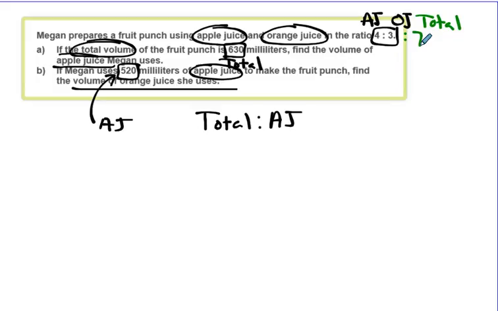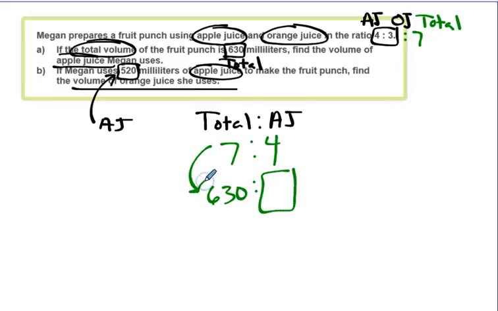The ratio they give us, the apple juice to orange juice, that's a part-part ratio. The whole that goes with those parts is 7. So our total to apple juice becomes 7 to 4. And in part A, we know that we have 630 as our total. And what we're looking for would be this other number here. How are we getting from 7 to 630? We're multiplying by 90. What's 4 times 90? It is 360, not 630